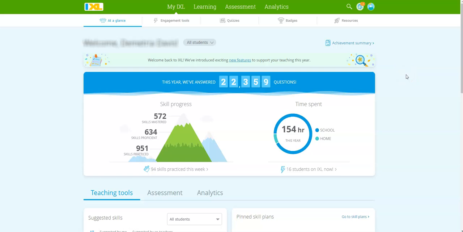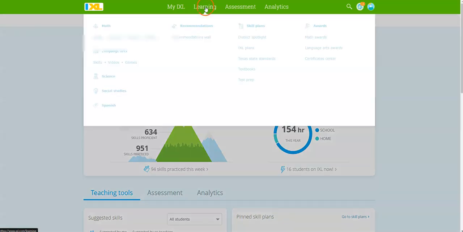Hi, this is a tutorial on assigning skills to your students in IXL. When students open their IXL dashboard, they're prompted with their recommended skills based on their diagnostic, and then also teacher recommended skills. In order to assign those skills, from your teacher dashboard, if you'll go to the top to the